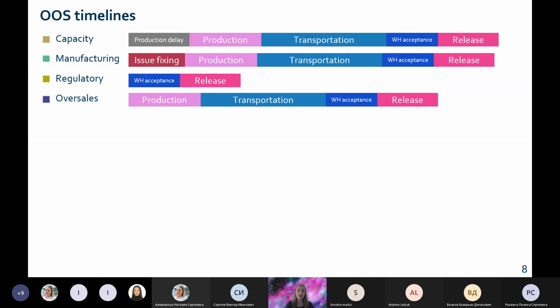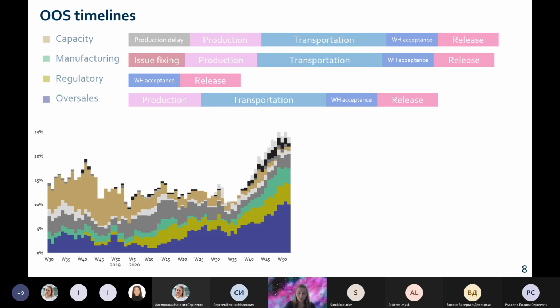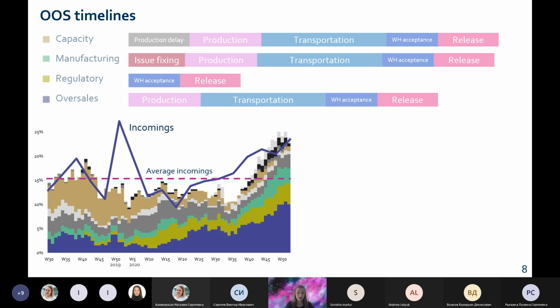This is how I presented timelines of out of stock, or the phases that a particular item has to go through in order to fulfill the out of stock that was caused earlier. As you can see here, some of the phases like production and transportation can really be reduced by the company. However, if we look at the graph of out of stock and its causes again and overlay the graph of incomings or the deliveries, we can see that